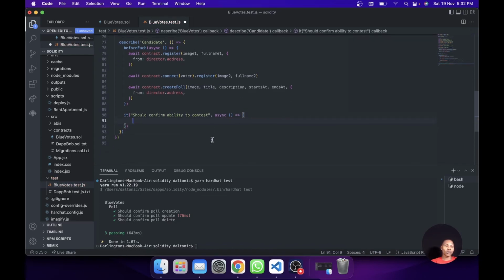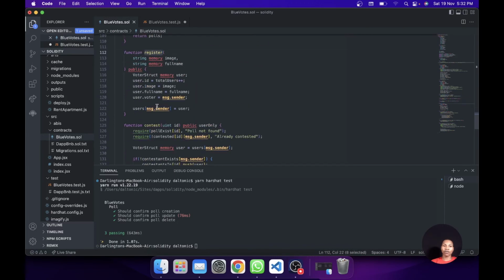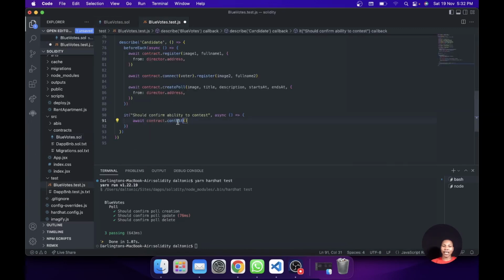We want to contest, we say await that contract dot contest. Contest is a function there. So basically what we are doing, we've done this register function, we want to do this contest function here. So we say contest, okay, and what are we contesting? We want to pass in the poll's ID, so the ID of the poll, which is that,